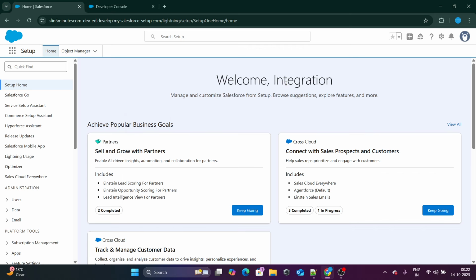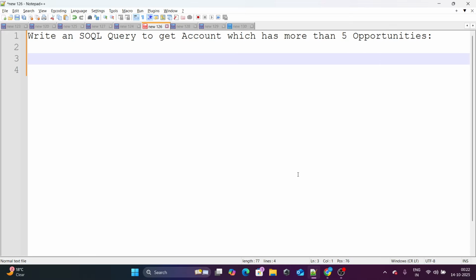Interview question that can really help you in your next Salesforce interview. So let's get started. The first question states: write an SQL query to get the accounts which have more